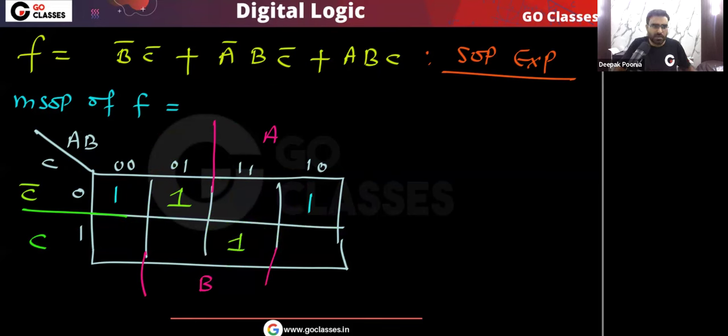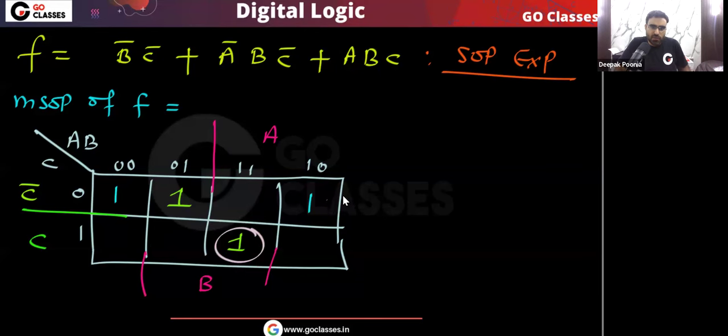Now from this K map you can easily write the minimum SOP. So let's create the prime implicant, essential prime implicant. You can see this group will be created, only one cell will be there in this group. Yes or no? Because for this cell, all the neighbors are useless. So here you can easily see that this group will be created of only one cell.